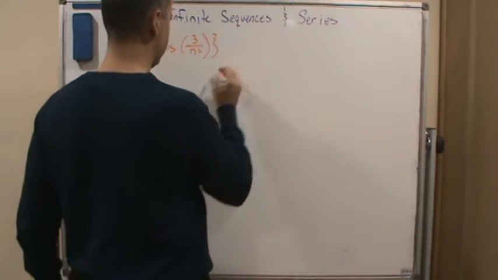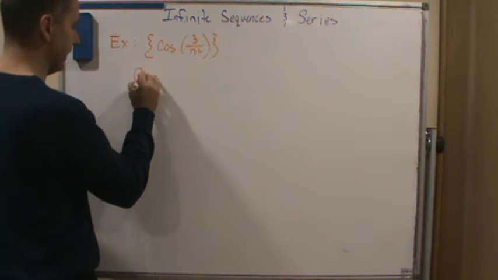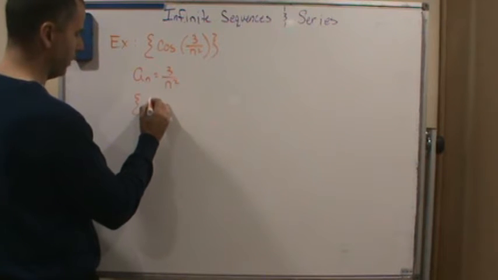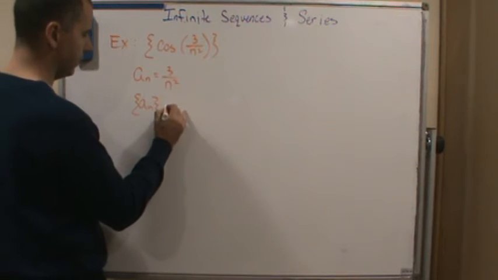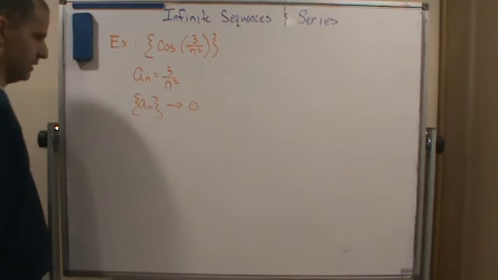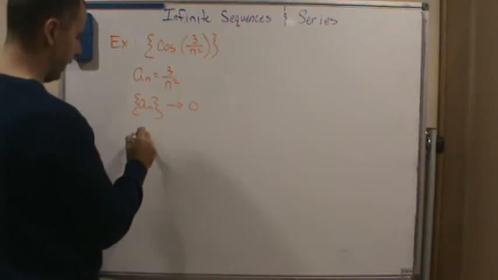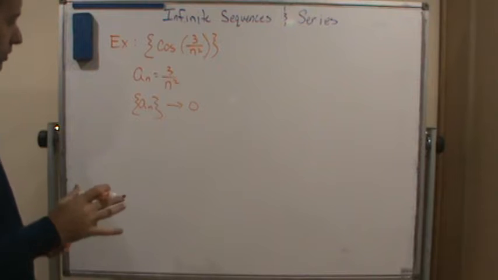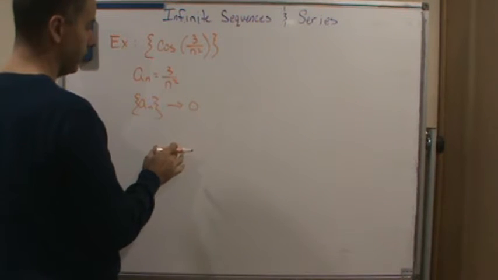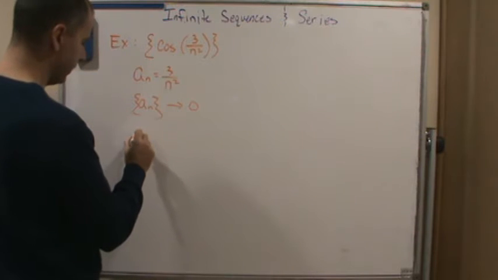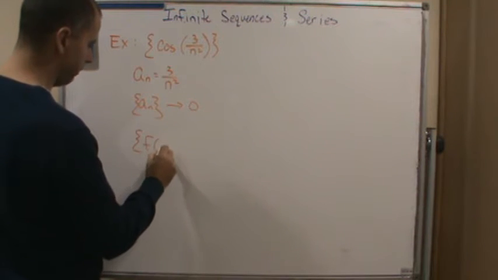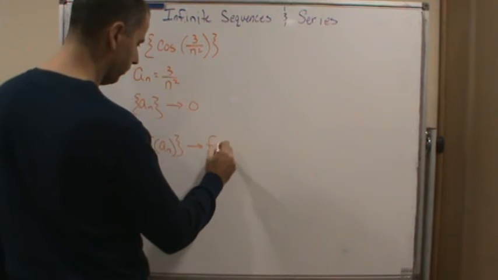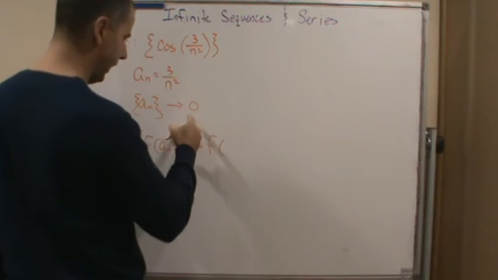So let's do this. Let a sub n equal 3 over n squared. And we know that the sequence a sub n converges to 0. We also know that cosine is continuous at 0. So using the theorem, we know that, again, the sequence of f of a sub n converges to f of L, which is 0